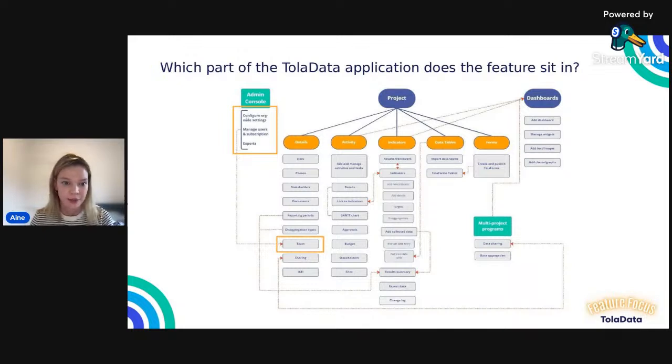And the reason then that we jump from the admin console to the details tab is again because we have to individually add our colleagues in our organization to the projects. We'll get into all that later. It is